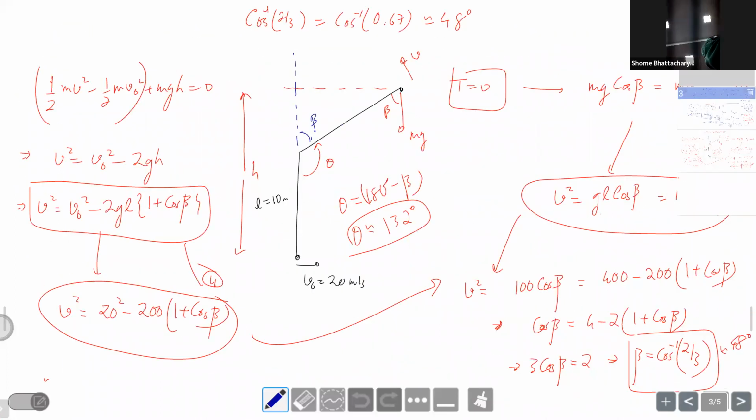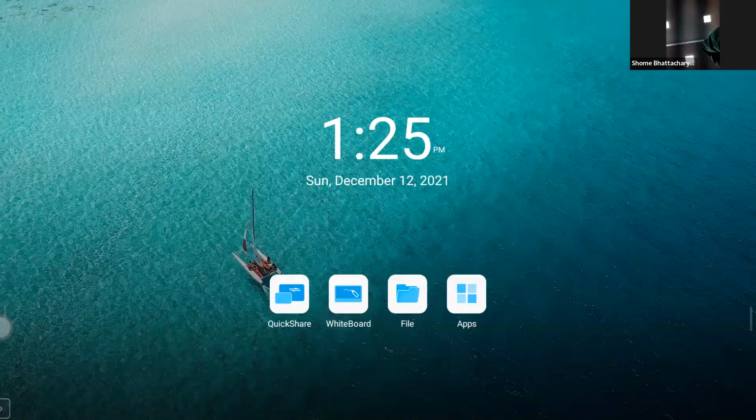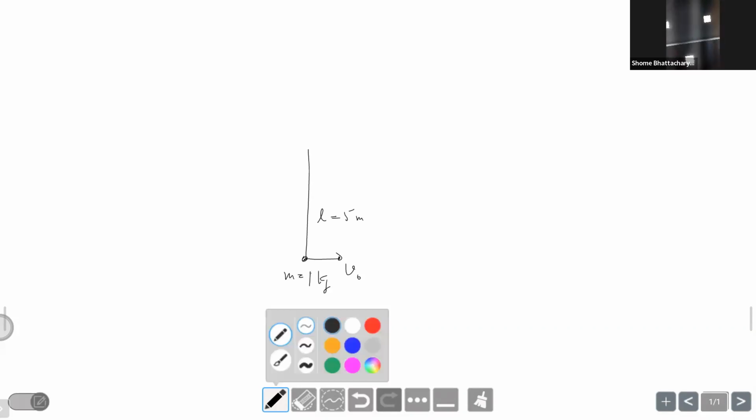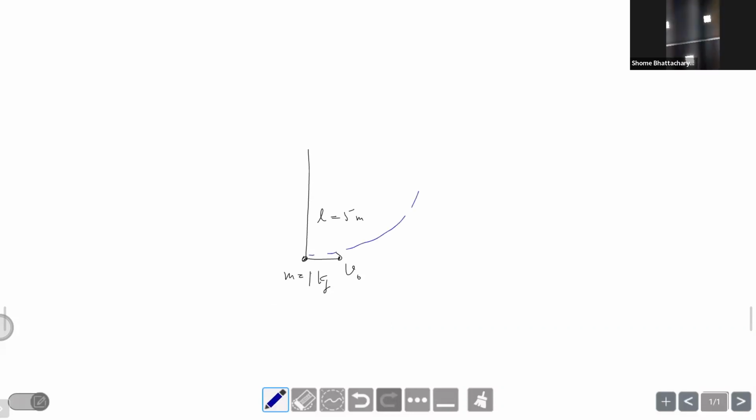Okay, so we will do one more problem. Now we have this equation. We're giving it a V naught. Then let's take a different cell. L is 5 meters, and the mass of the particle is 1 kg. Now I want to give it a sufficient V naught that it completes vertical circular motion. Not only that, it starts from point A, and when it reaches the highest point, point B, find V naught